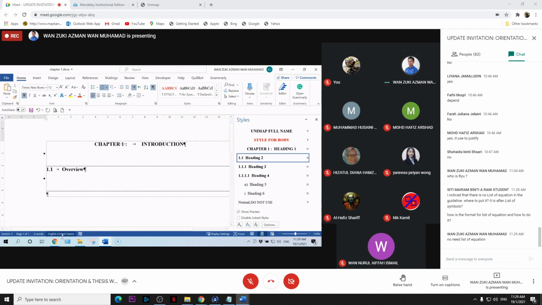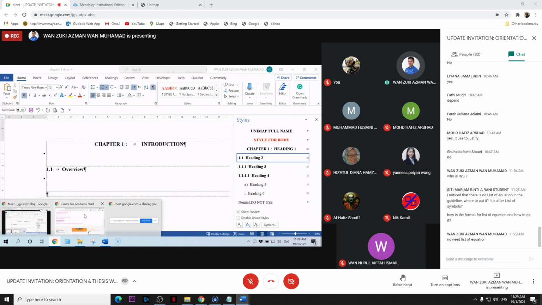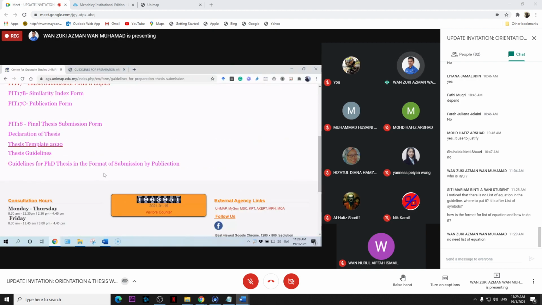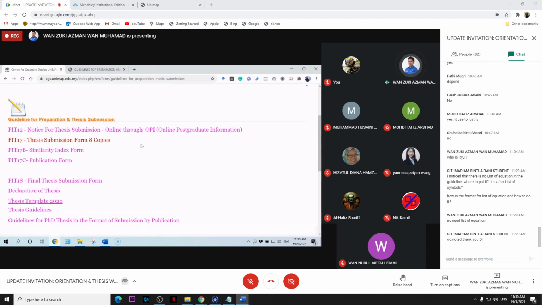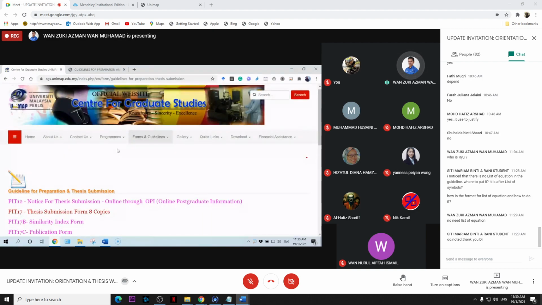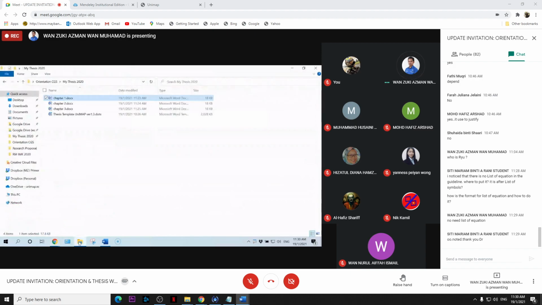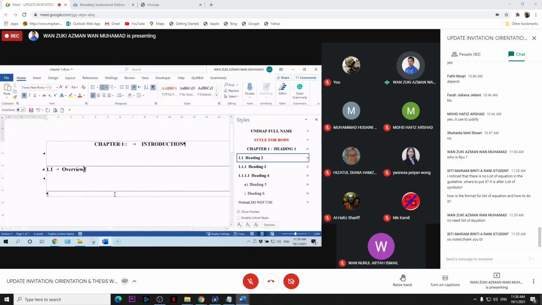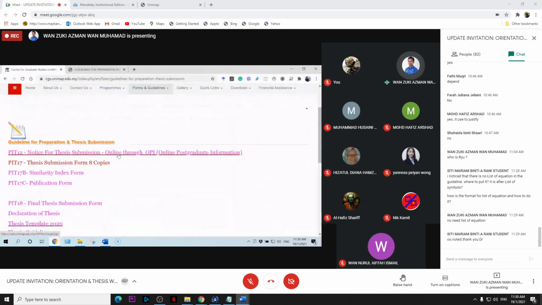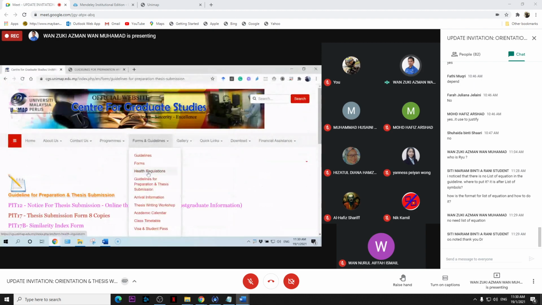Okay, so for the new student, the nearest assessment that you need to do is the proposal. Okay, the proposal. So you can follow this, under the forms here.